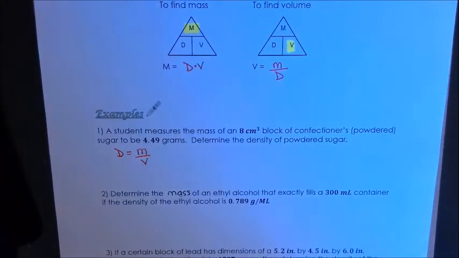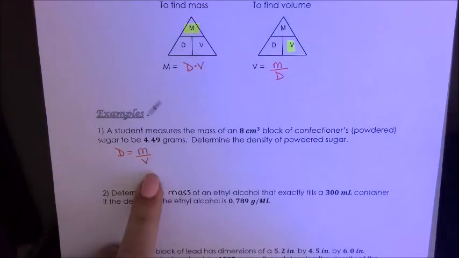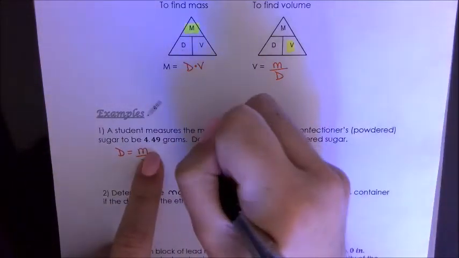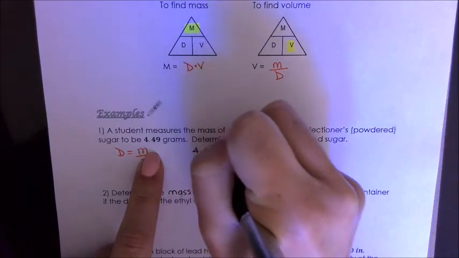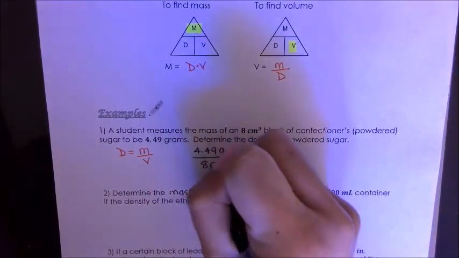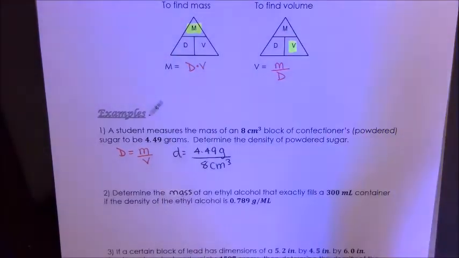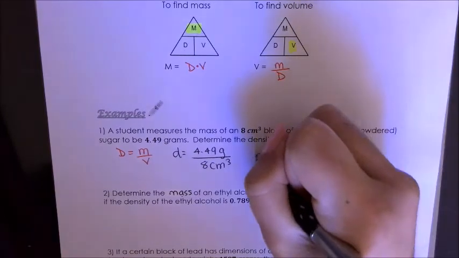For mass, you're going to see a lot of grams. And for volume, you're either going to see cubed units, or you might see liters, milliliters, anything like liquid. So for this case, my mass will be 4.49 grams, and the volume is 8 centimeters cubed. So you're going to go ahead and divide this. So your density will equal